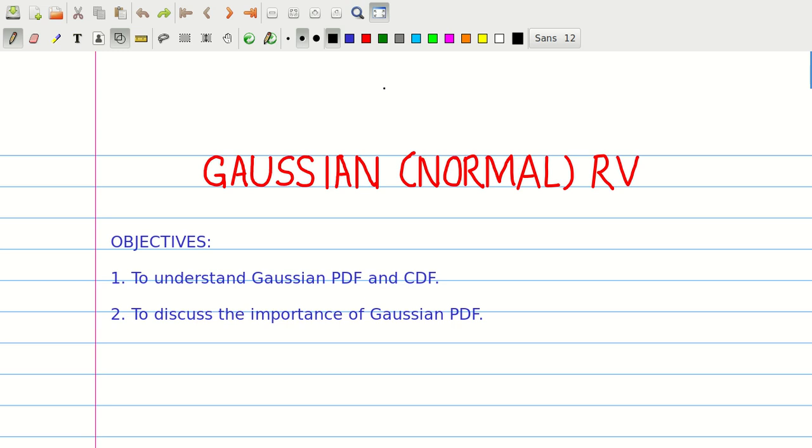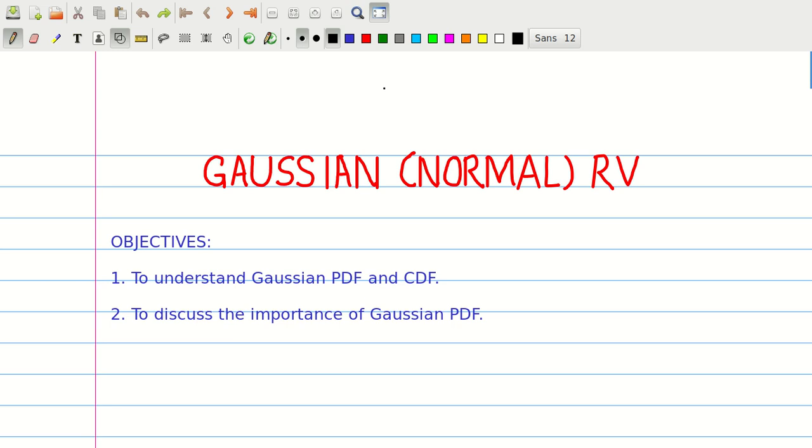Hello, in this module we will introduce the Gaussian random variable and the corresponding PDF. A Gaussian random variable is also called a normal random variable. It is one of the most important random variables as many physical phenomena can be modeled readily in terms of